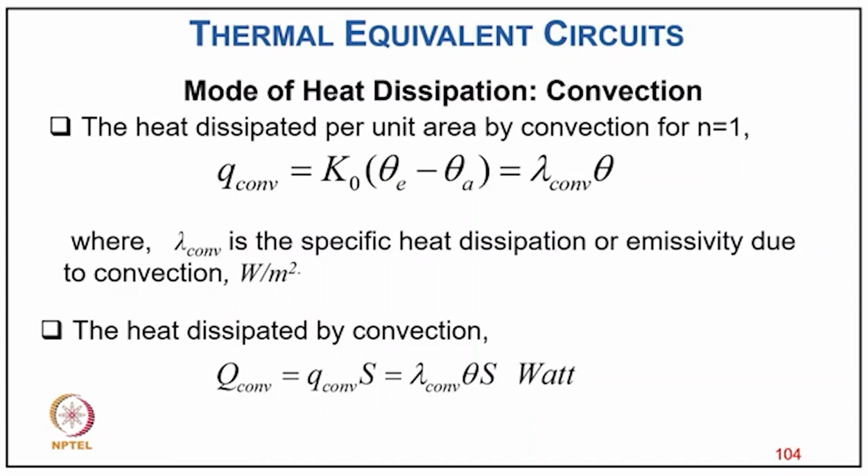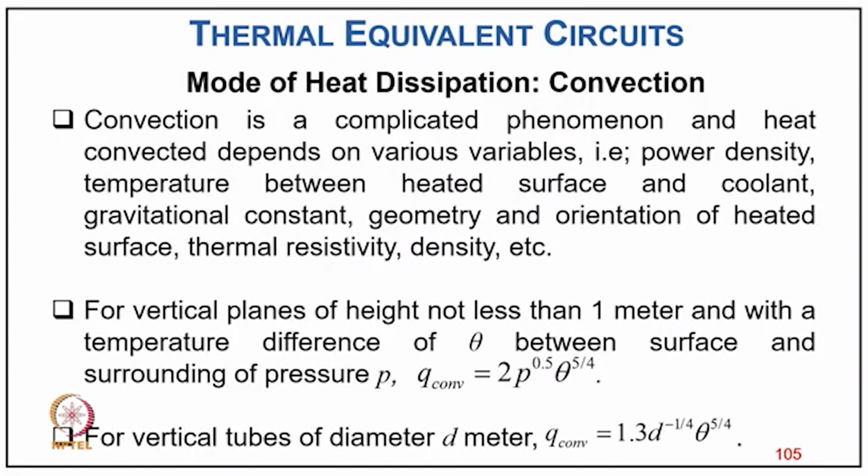So heat dissipated by convection will be Q convection equal to small q convection into S, and Q convection equals lambda convection into theta into S, in watts. Now, convection is typically a complicated phenomenon, and the heat convected depends on various variables such as power density, temperature between the heated surface and the coolant, gravitational constant, geometry and orientation of the heated surface, thermal resistivity and density, etc. So for vertical planes of height not less than 1 meter and with a temperature difference of theta between